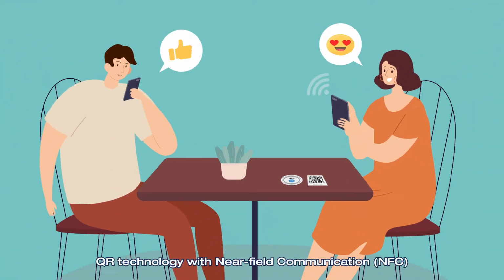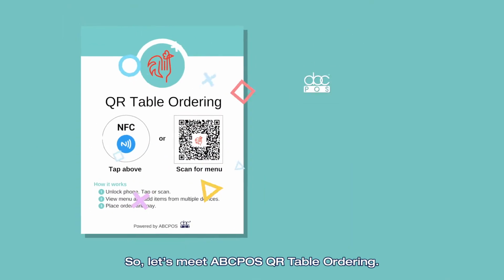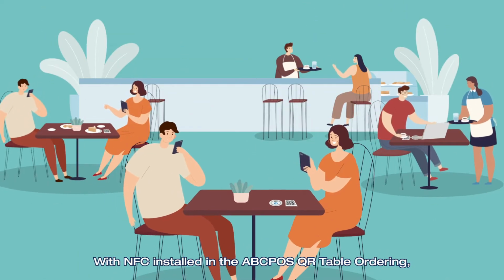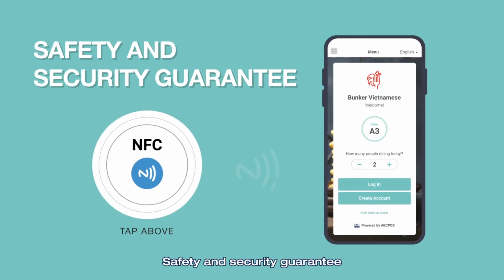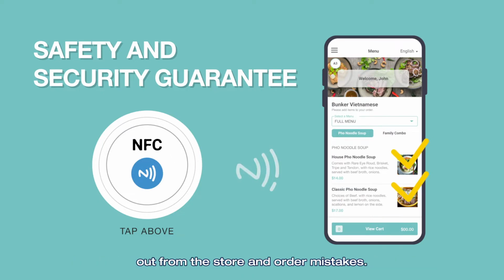QR technology with near-field communication, NFC, can solve all these concerns. So, let's meet ABCPOS QR Table Ordering. With NFC installed in the ABCPOS QR Table Ordering, customers can place orders only when they're physically at the restaurant. Safety and security are guaranteed, as business owners reduce the risk of customers ordering from outside the store and order